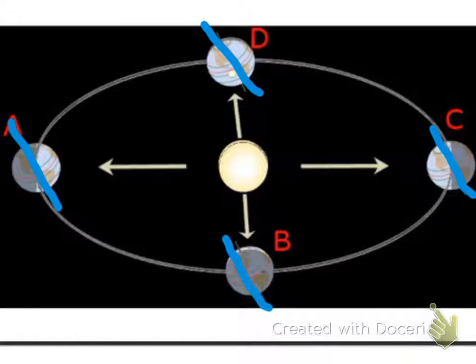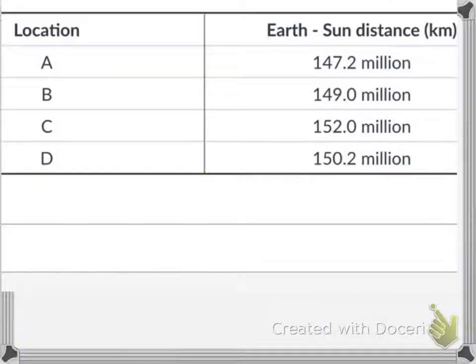And notice that while the Earth is tilted with respect to its orbital plane, the orientation of the tilt is the same throughout the entire orbit. So keep that in mind. Also keep in mind, of course, the distances. The distances are listed in that table, showing the distance of the Earth from the Sun at these various lettered